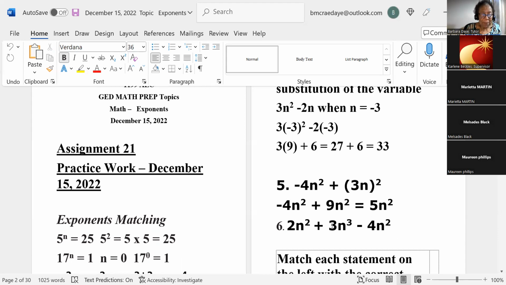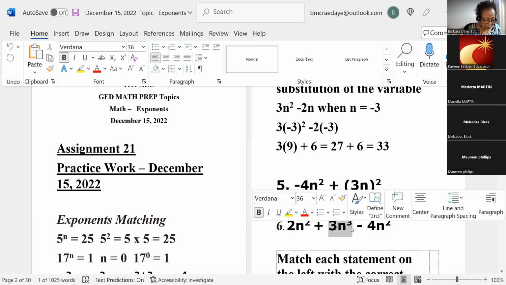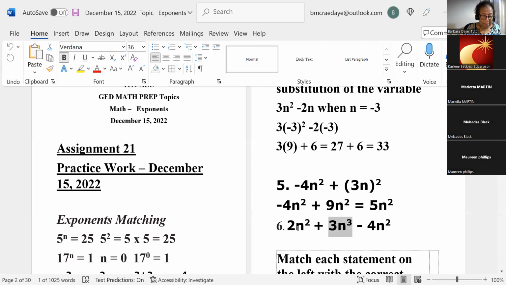So let's just copy the 3n to the third and put it here. Okay. Now,